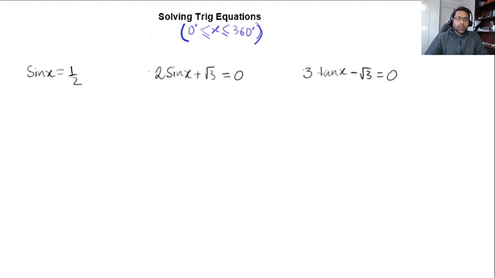Welcome to Math. In this video, we are going to see how to solve trigonometric equations. We are starting here with three examples, and you can see we are restricting our solution from 0 degrees